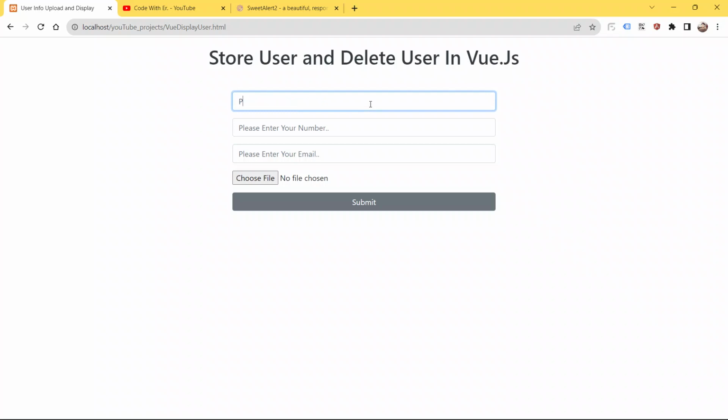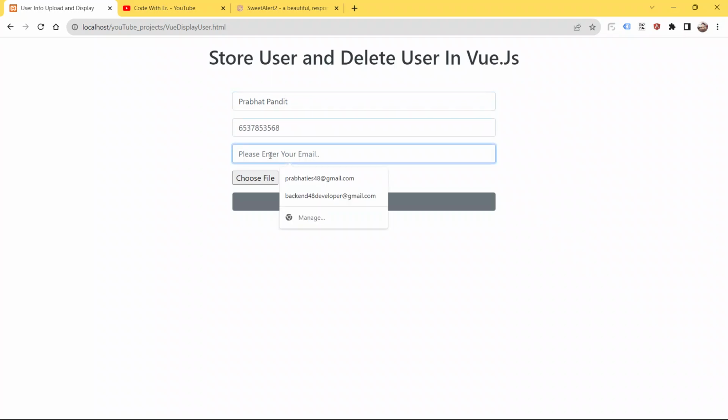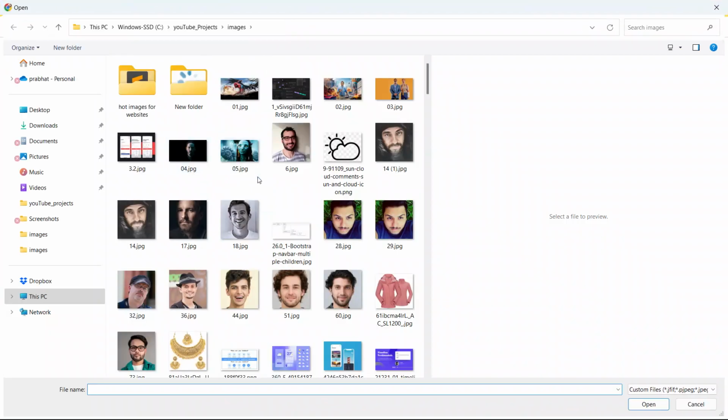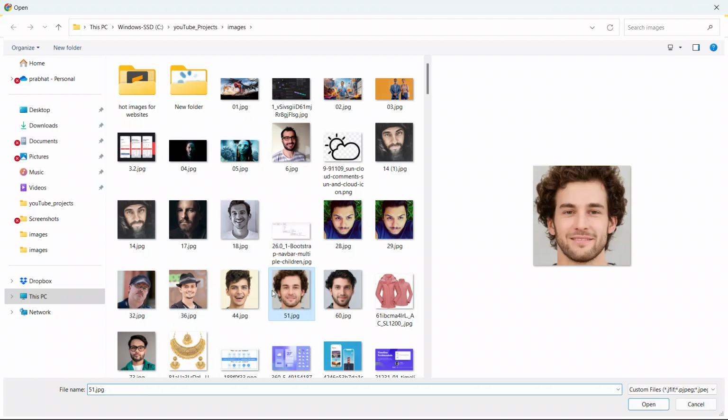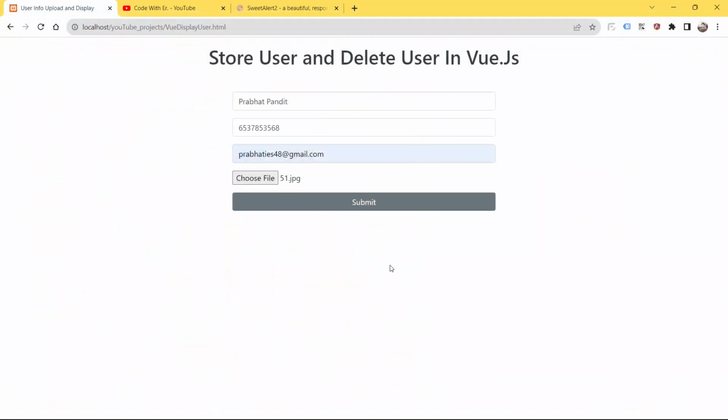So just put Prabhat Pandit, and put some random number. Give an email address and choose the file from here. Click the button to choose the file, choose any pic, open, and now I'm going to hit the submit button.